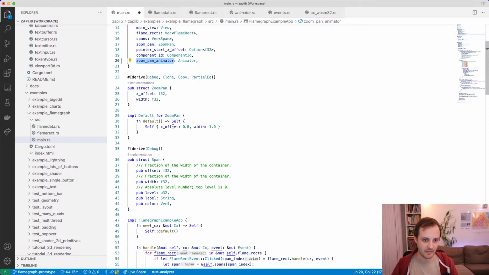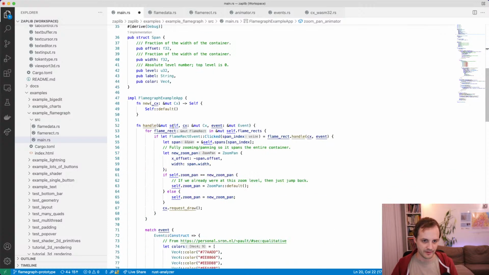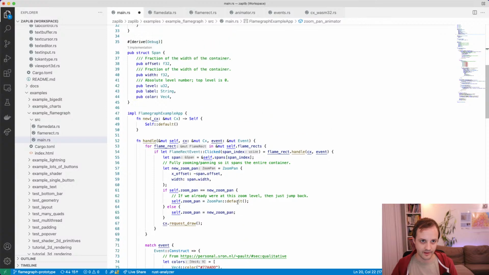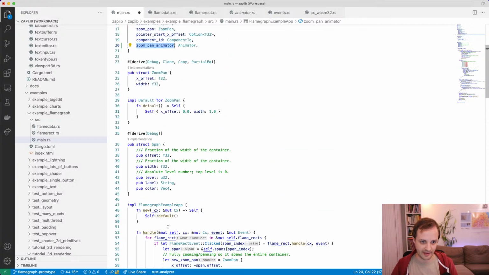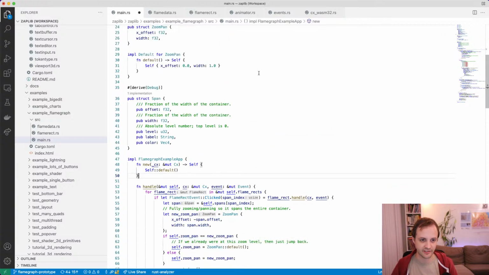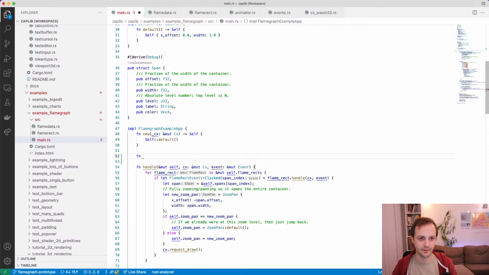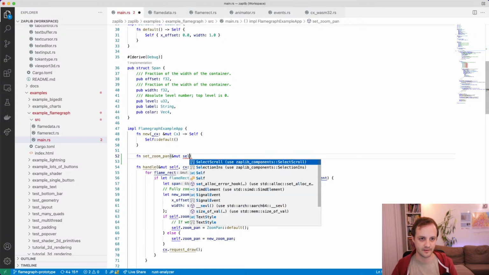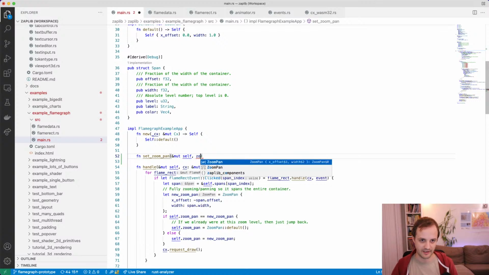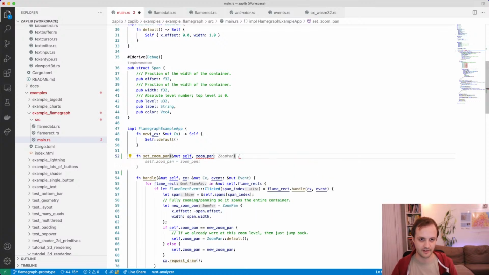So this zoom pan animator will sort of hold this value. Let's start with that. So let's just say that we want to set the zoom pan, so if we want to set the zoom pan with a zoom pan value,